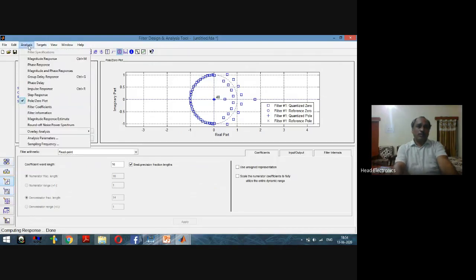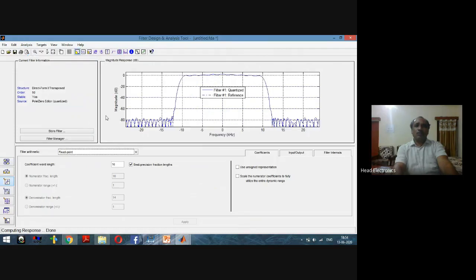Now again we see the magnitude response. We are getting a different magnitude response than that of the previous one. So after quantization, again analysis has to be considered in order to see whether the designed filter deviation is in the permissible range or it is outside of the permissible range.